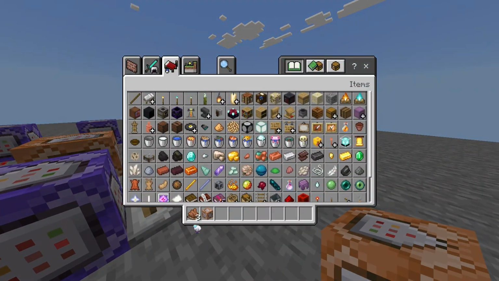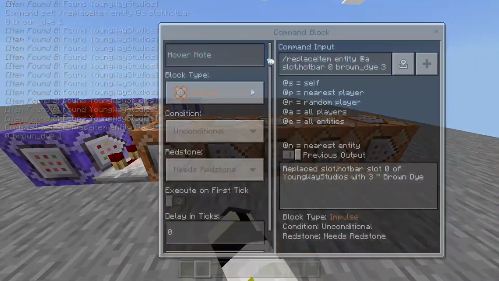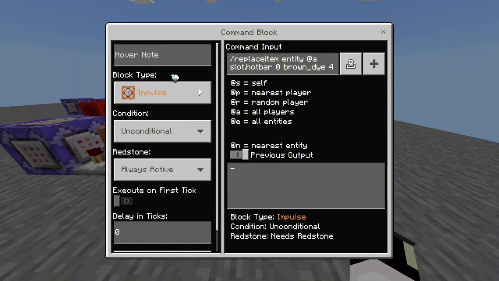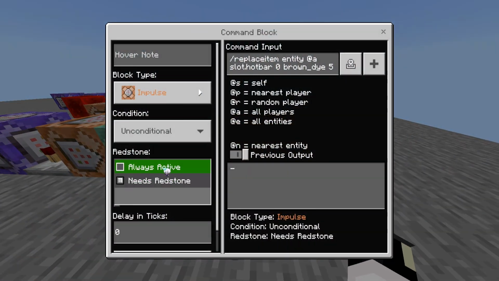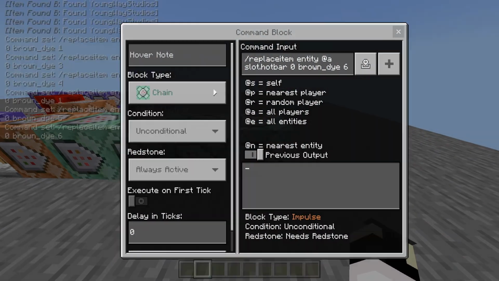they ask, well, it stopped working. It's not working. I'll tell you why. Because here, you have to put chain always active. You see, once this activates, it will go to the chain command block, and because it's always active, it will immediately run the chain command block, allowing us to do